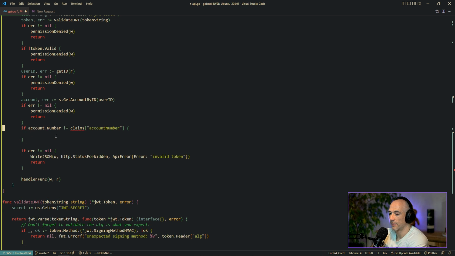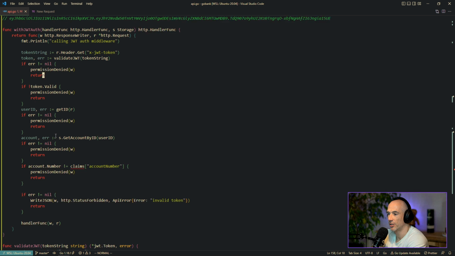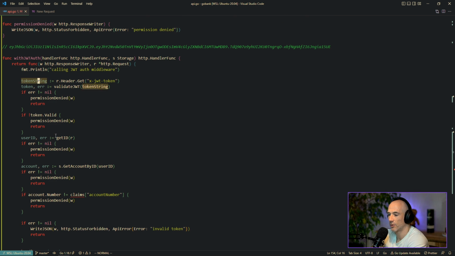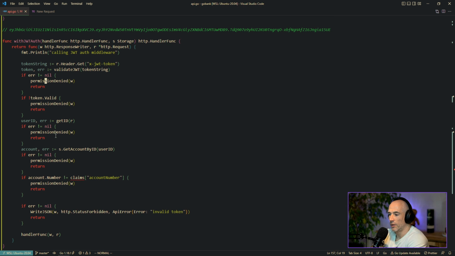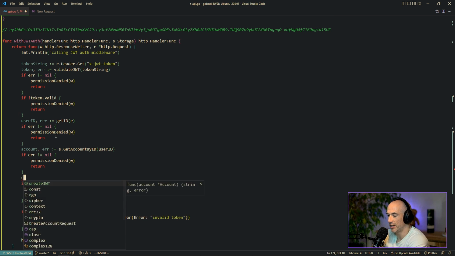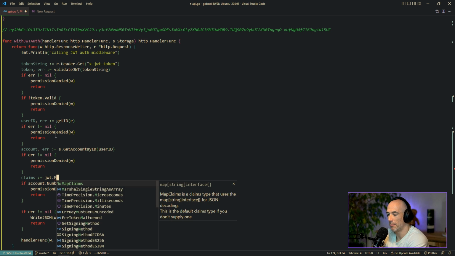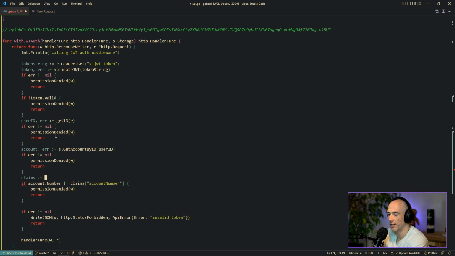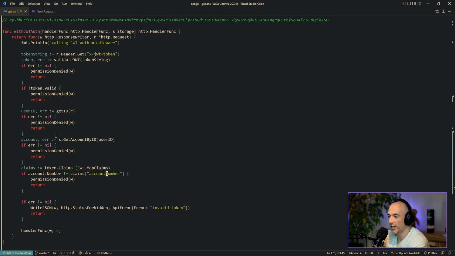Permission denied. What's going on here? Do we have claims actually? Token. Let's get the claims here. We're going to say claims. It's going to be JWT token claims actually. I'm gonna cast this to JWT map claims, right? JWT map claims, which is this, and then we're actually gonna say,